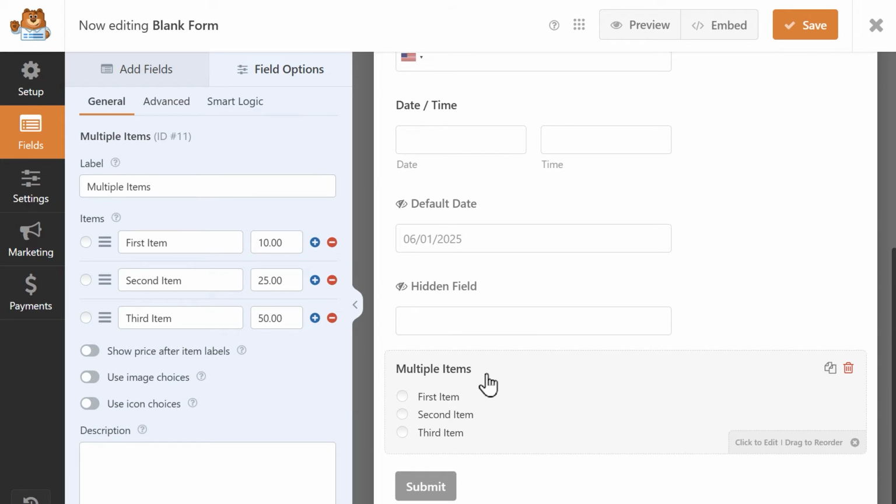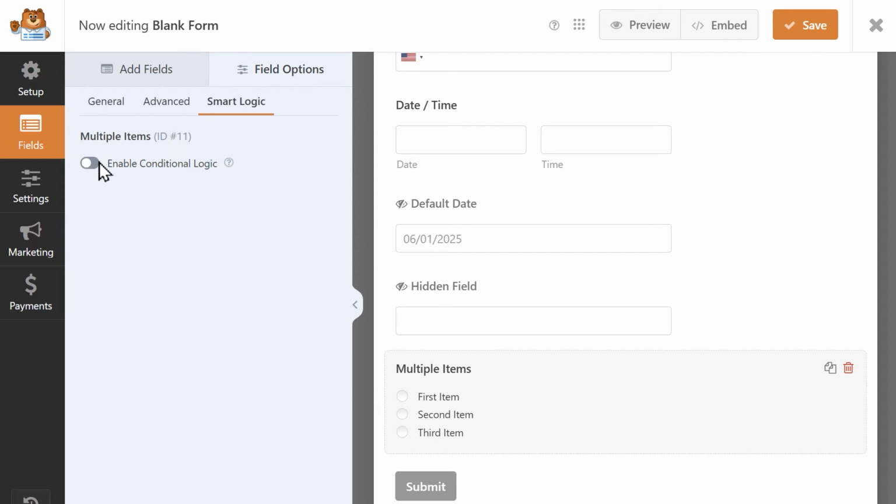Click on the Multiple Items field, then click on the Smart Logic tab, and click on the Enable Conditional Logic toggle. You'll then see a few dropdowns you can use to create your conditional logic rule. In my case, I want conditional logic to show this Multiple Items field if the user selects a specific date in the date-time field. Remember, the date we want to trigger this rule is the date we wrote down in